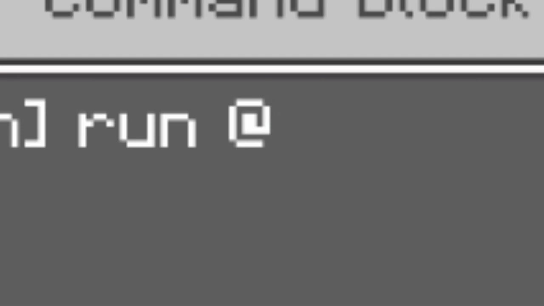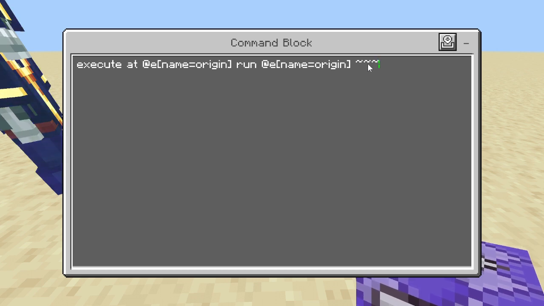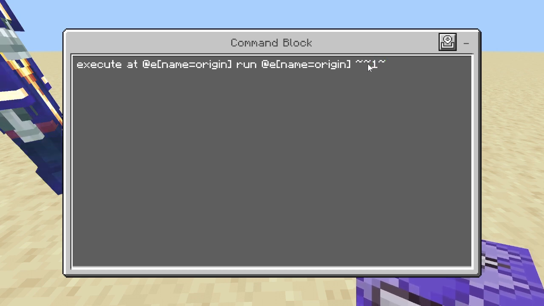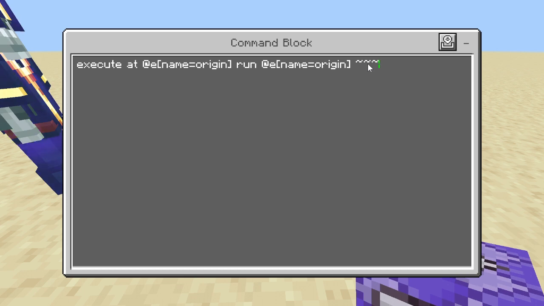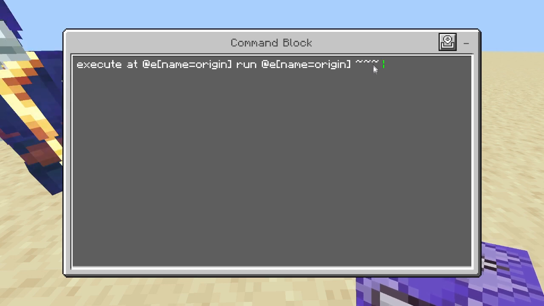Why is my shift key not working? Obviously, if you're trying to teleport something to itself, always make sure it is the 3 tildes, because if you do this, it will just send it up. If you change any of these values, it will just send it traveling off in a certain direction, and it won't be dependent on where it's facing, like the other caret. Also, add an extra tilde,